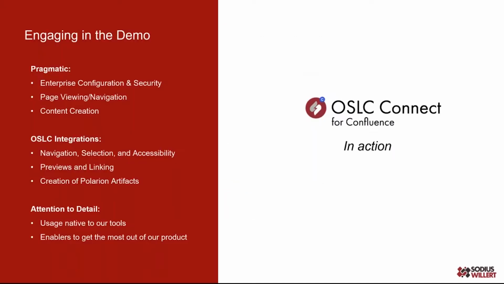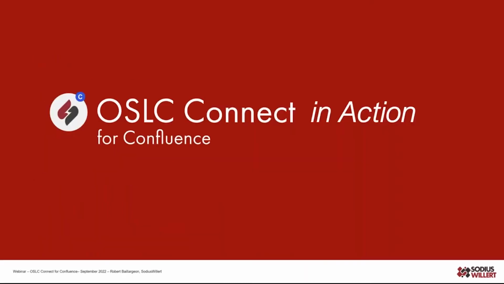As we go through this demo, we're going to try to do some pragmatic things about how to use the tool and how to interact with it. It should be relatively simple and straightforward. Most people that have been using Confluence or Polarion should be able to follow right along. And then we'll give little hints on how you can start a free trial afterwards and have us help you be successful with it. So with that, let me switch over to a live demo. That way you can see what's there and see how it works, and I can give you a bit of a tour of what OSLC with Confluence and Polarion looks like.